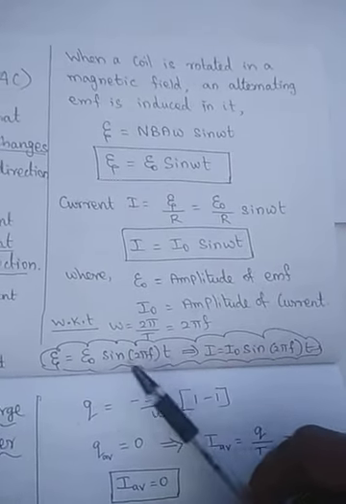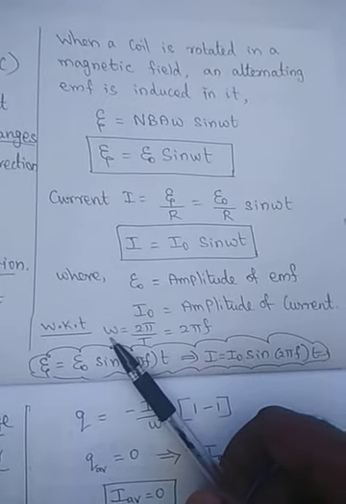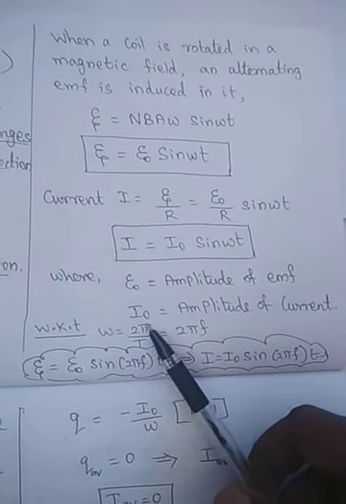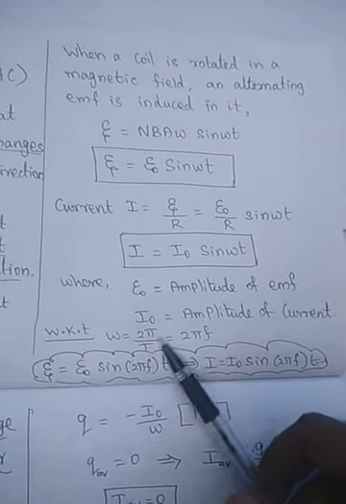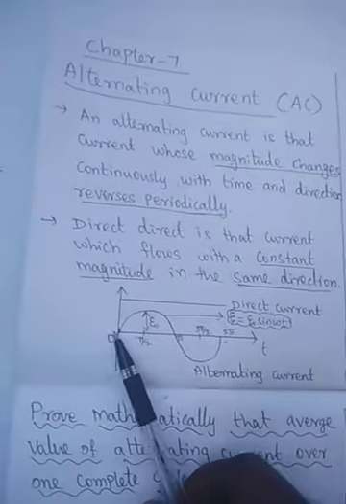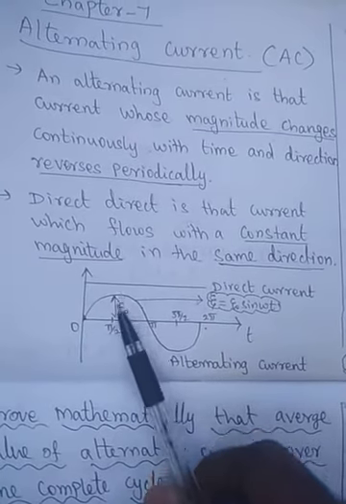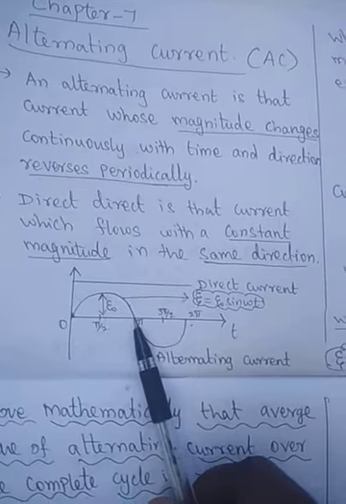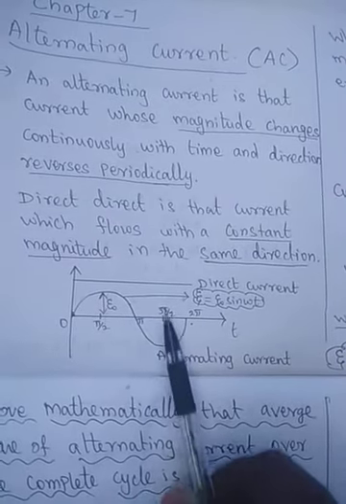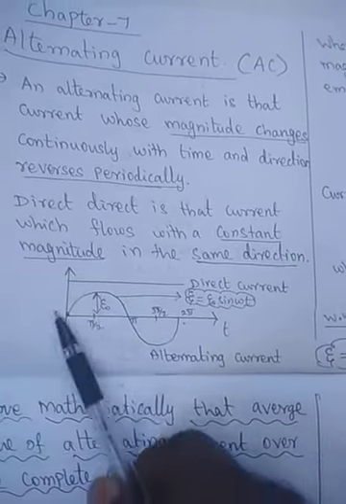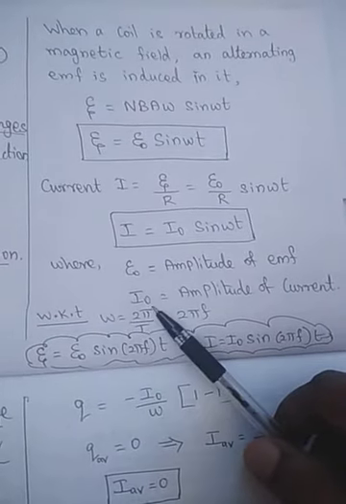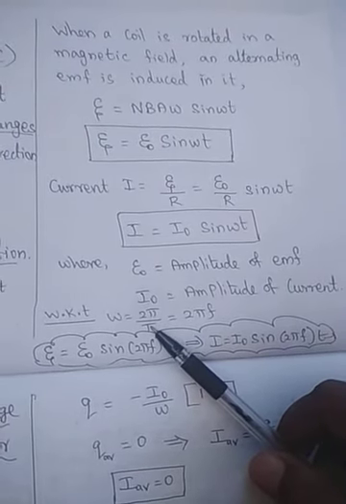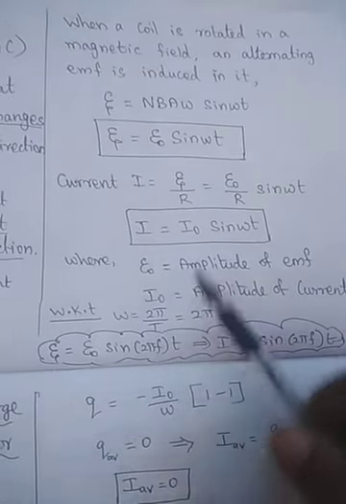We already know that the angular velocity, or the angular frequency of the current, omega, is equal to 2 pi by T, because omega is equal to theta by t. For a complete cycle, you see that a complete cycle means 0, pi by 2, then 180 degrees which is pi, again 270 degrees, then 2 pi. So this is a complete cycle. For one complete cycle, the time is the time period T. So theta is 2 pi, 360 degrees, and T is the time period, the time taken for one complete cycle.